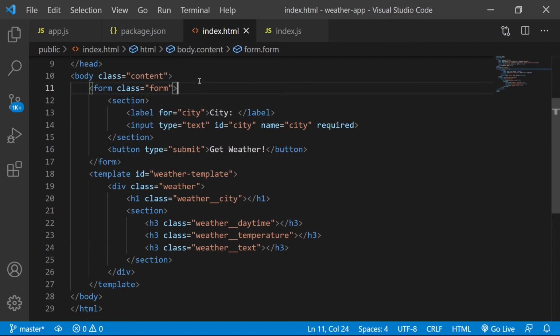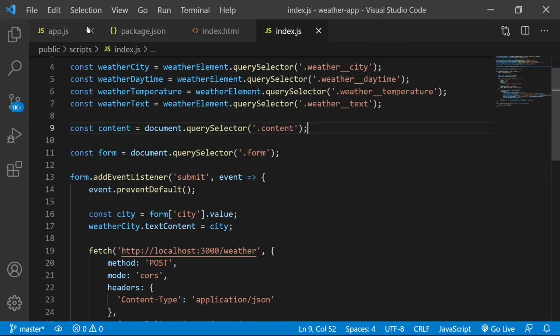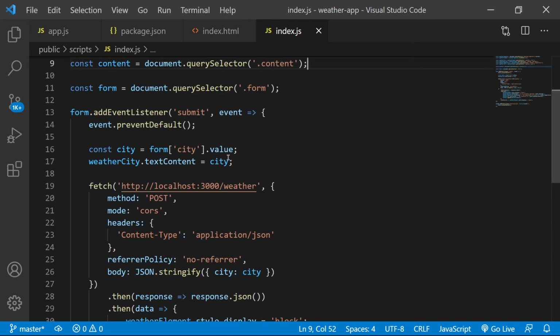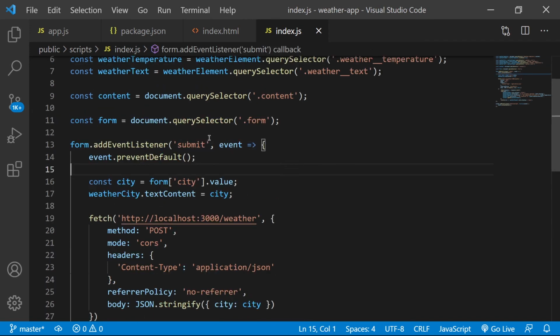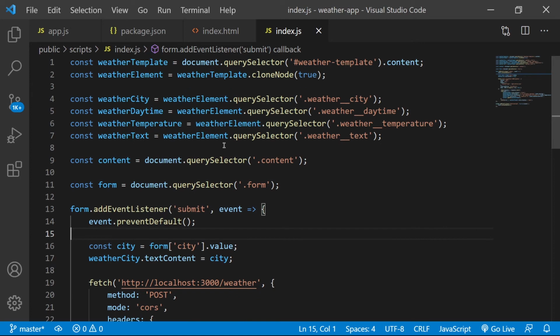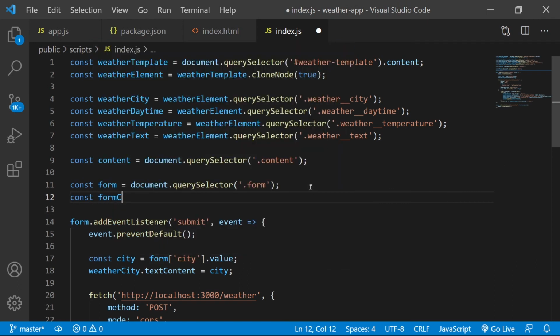Let's go back to our index.js, and instead of form city value, let's actually get that value ourselves by doing form city input equals the same thing here.